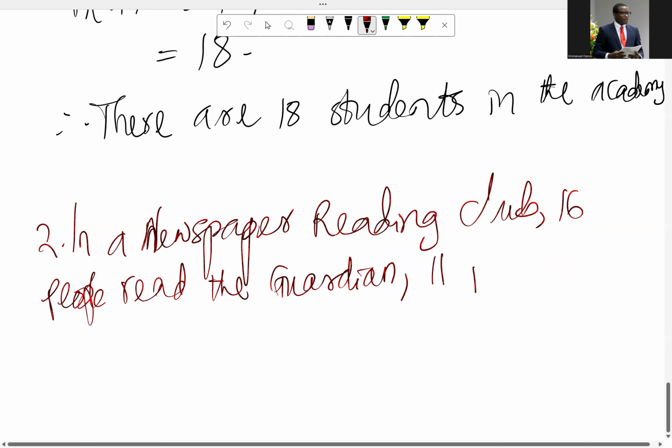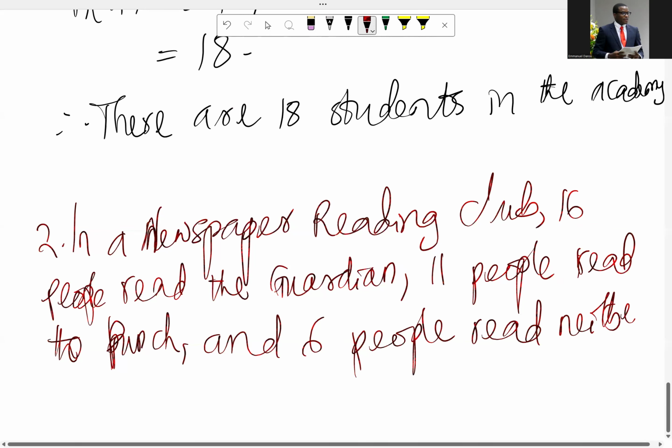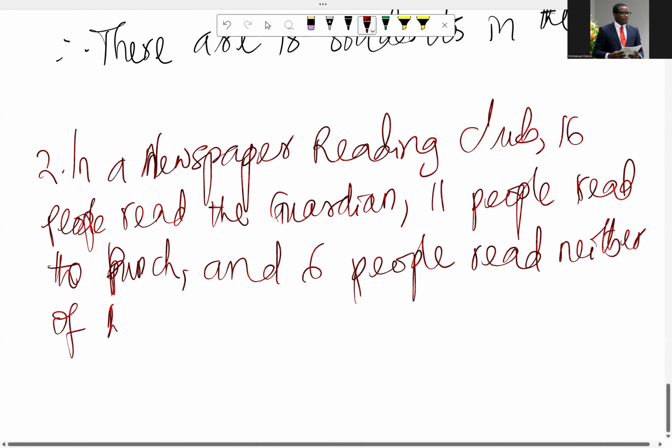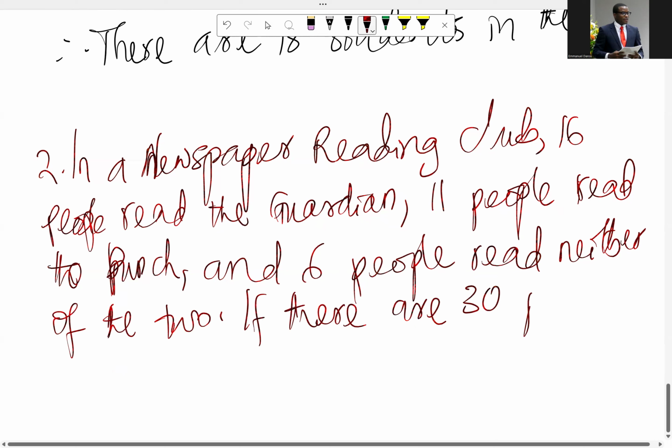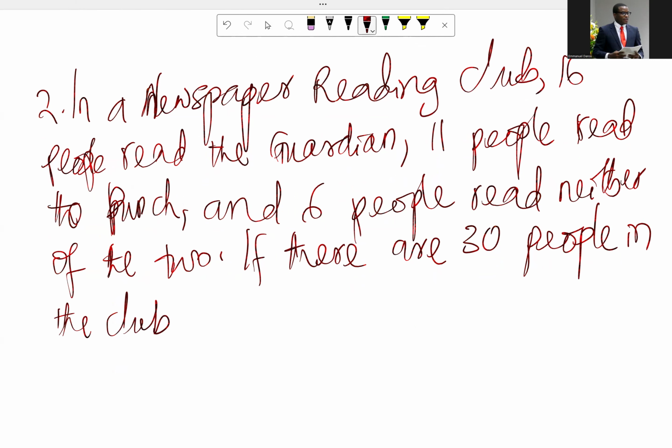Then 11 people read the Punch. And 6 people read neither of the two. If there are 30 people in the club,